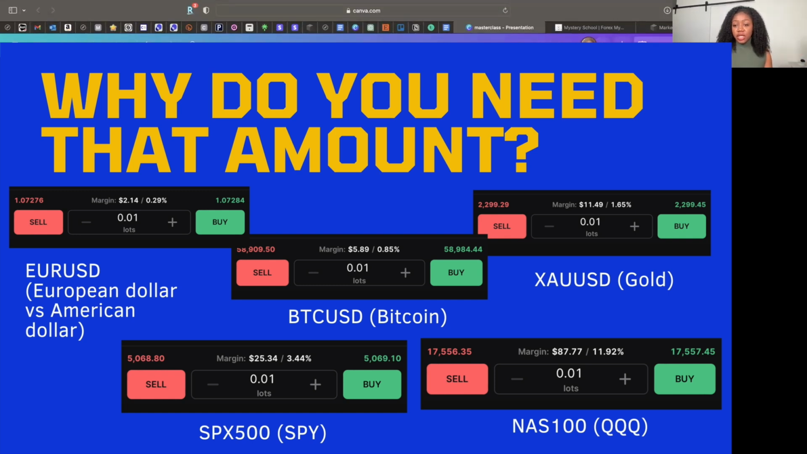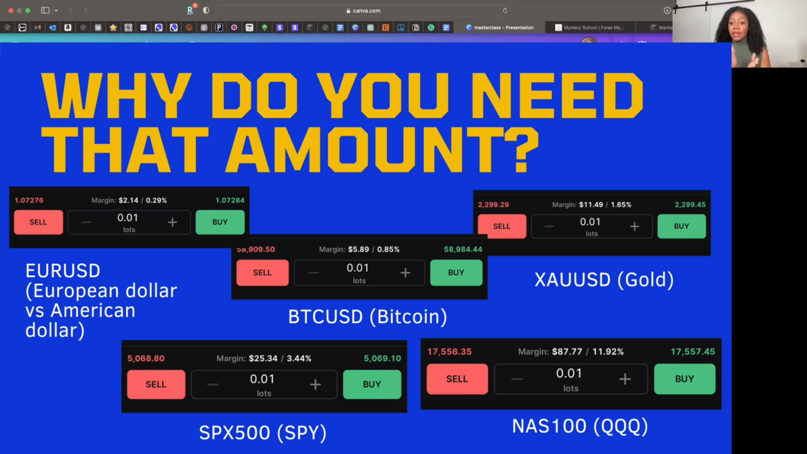And then NAS 100, it's a lot. It's going to cost you $87 to get into one position. That's why I say you need at least $500. You've got to give yourself some buffer, some room, because it's costing you $87 to get the smallest lot size of NAS 100. And NAS 100, I think it's the most expensive one,